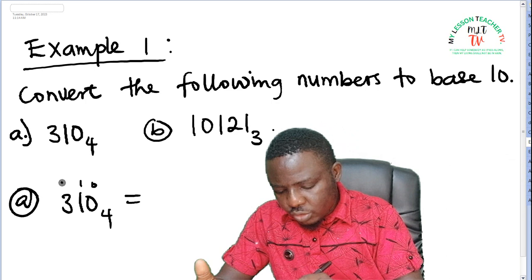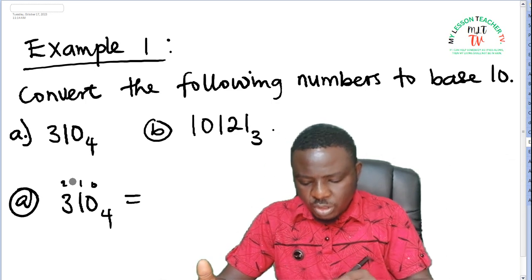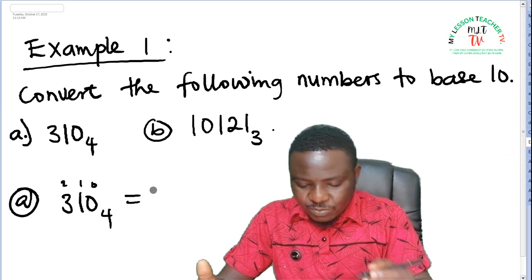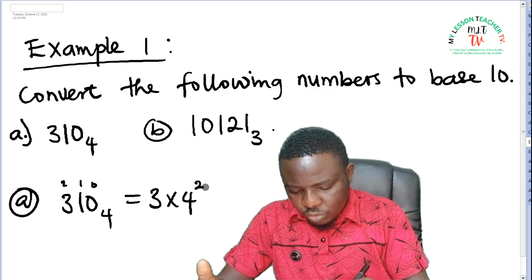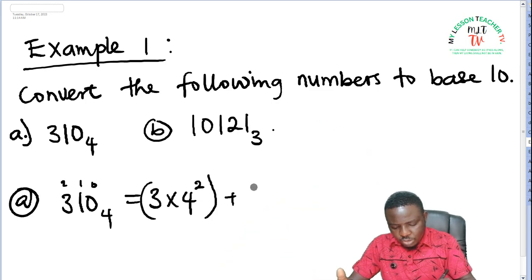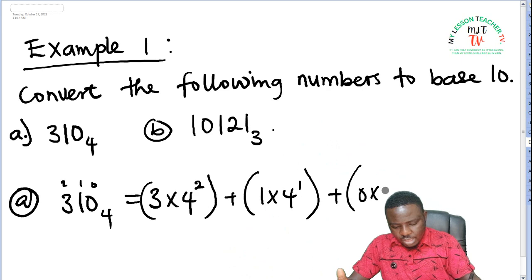This is 0, 1, 2 in terms of place values, so that this can be written in expansion form as 3 times 4 to power 2 plus 1 times 4 to power 1 plus 0 times 4 to power 0,